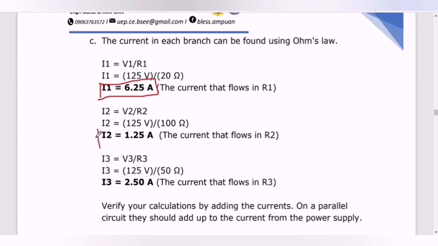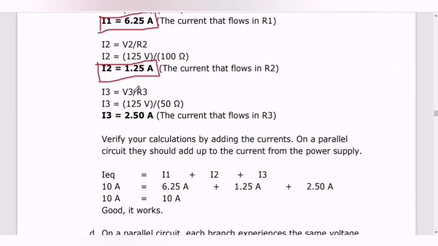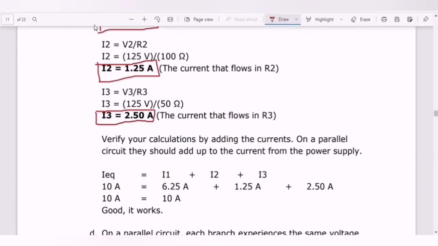So we have I sub 2 is equal to 1.25. Then to solve for I sub 3, the same formula, V sub 3 divided by R sub 3. We have 1.25 as our V sub 3, and then our R sub 3 is equal to 50 ohms. So our I sub 3 is equal to 2.5. So that is the current. This is the current that flows in R sub 3. This is also the current that flows in R sub 2, and this is also the current that flows in